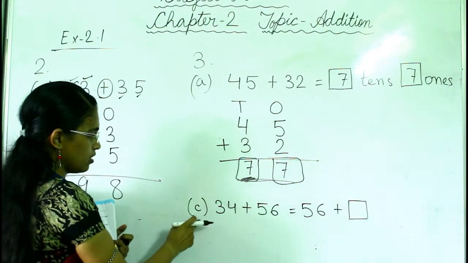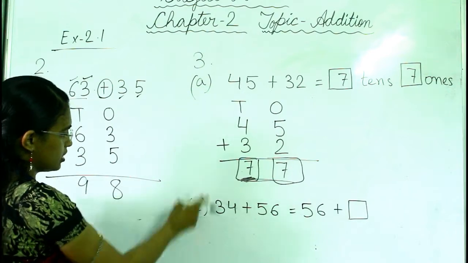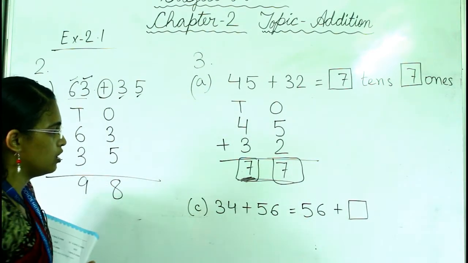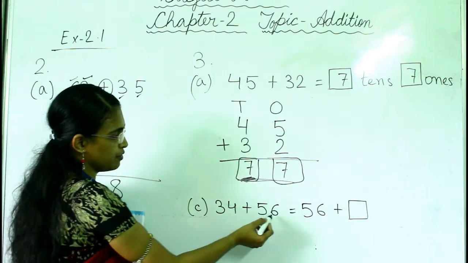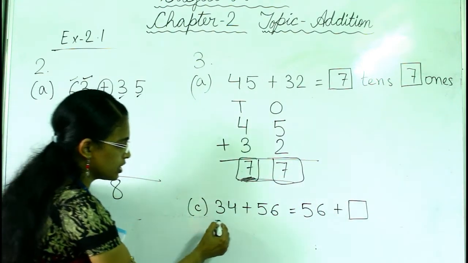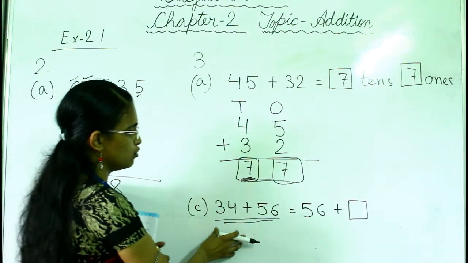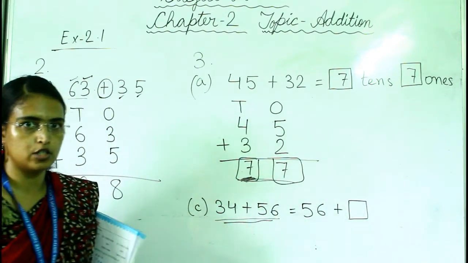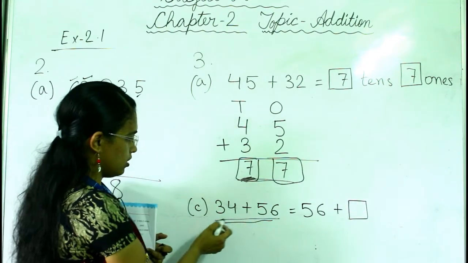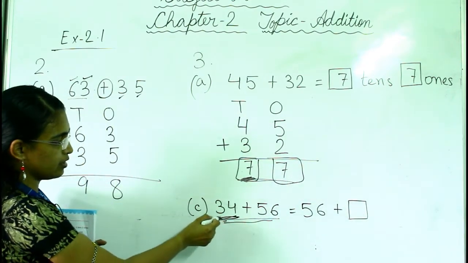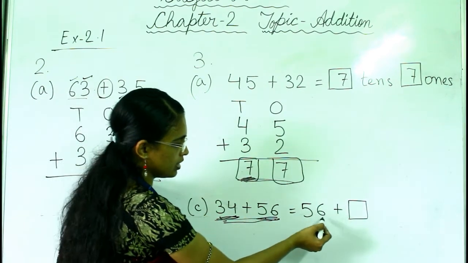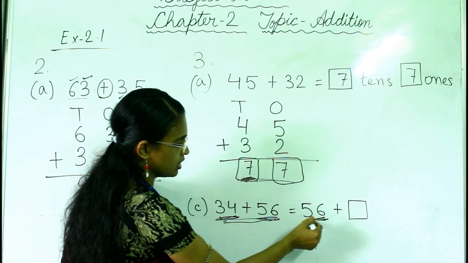Now question number 3C. This question is different from this question. Look, here it is written 34 plus 56 equals 56 plus box. So the question is written here. You have to just interchange their position. Okay, so you have to interchange the position of the addends. Now in this place 34 is written in the first position, then 56 is written in the second position. But in this part 56 is written in the first position,